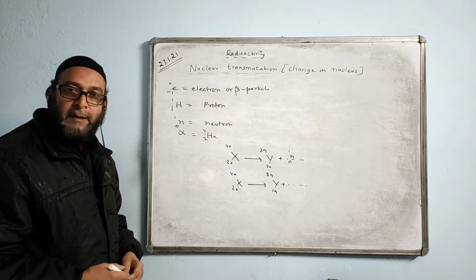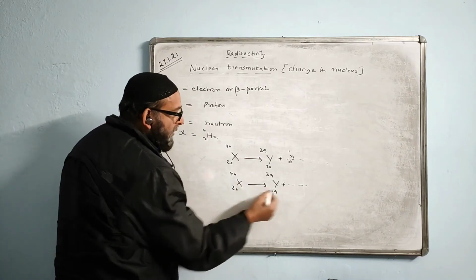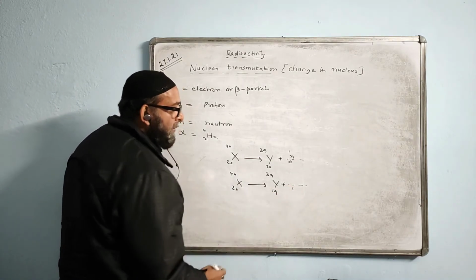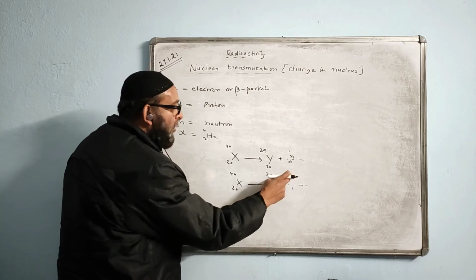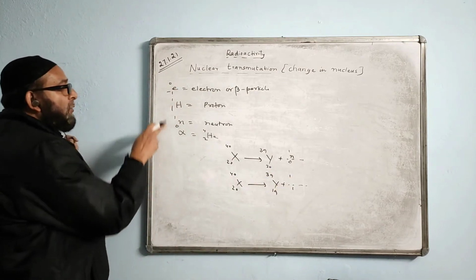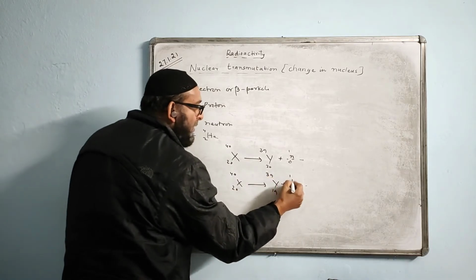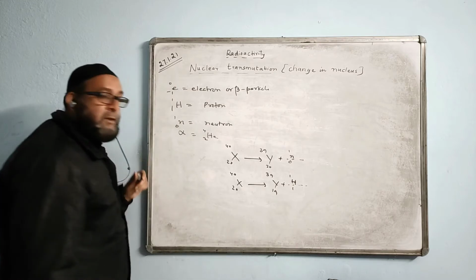What should you fill in the blank? 19 plus how much gives 20? 1. 39 plus how much will be 40? That also is 1. Which particle has got 1? Hydrogen, that is proton, 1 and 1. Then here you fill with this one, 1H1.